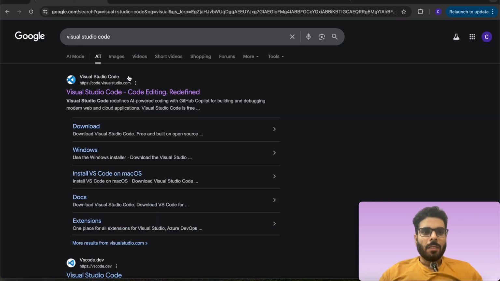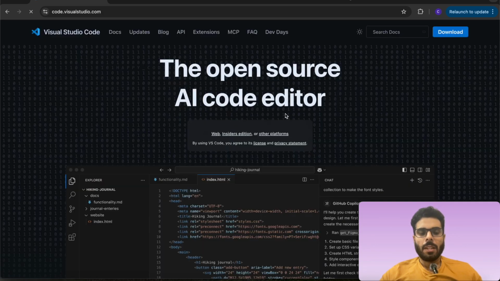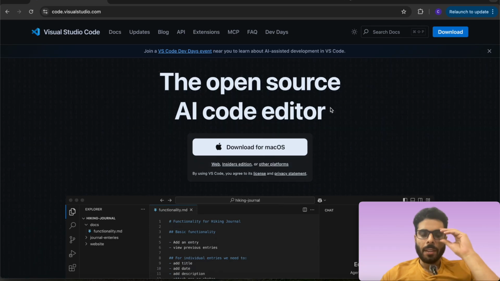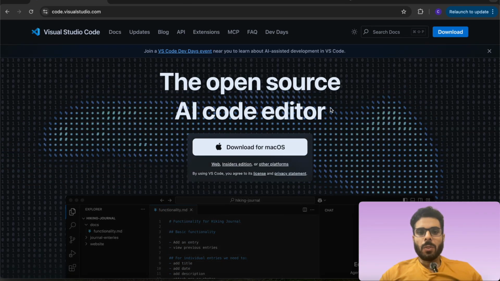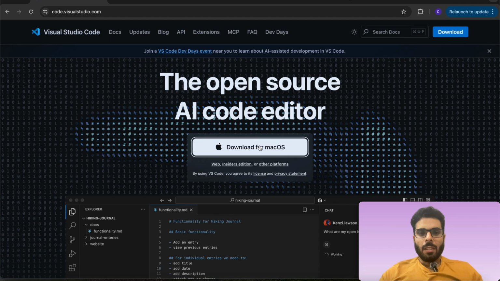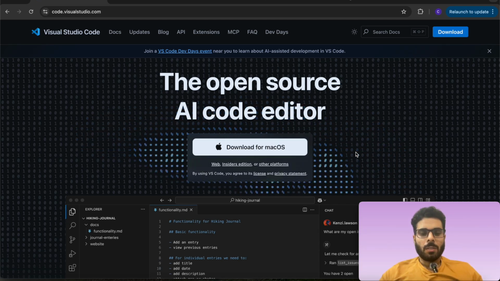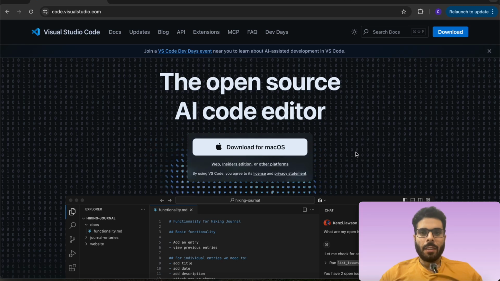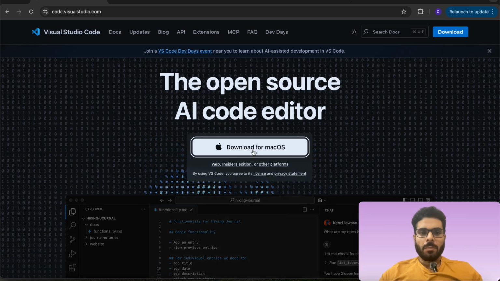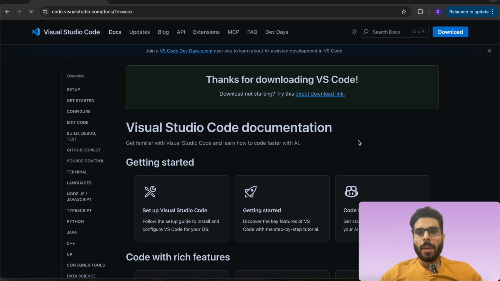So firstly, you can download Visual Studio Code. You can search for Visual Studio Code on Google and open the first link, which is the Visual Studio Code website. Users who are using Windows can download it for Windows, and we can download it for Mac. I've already downloaded Visual Studio Code, and